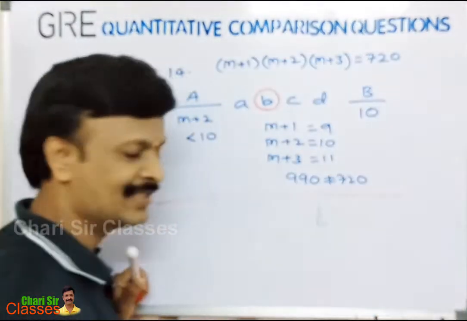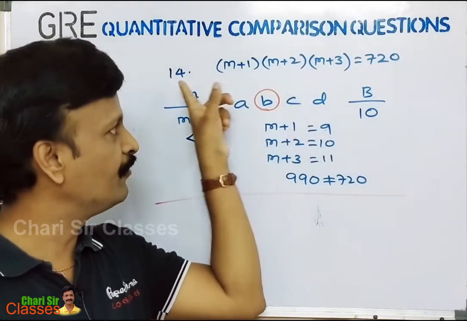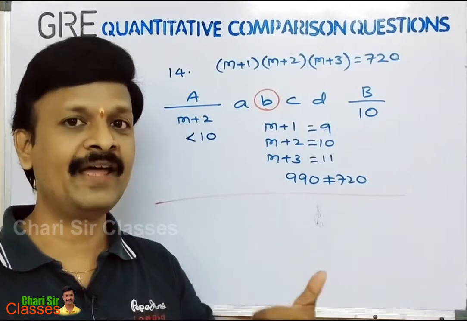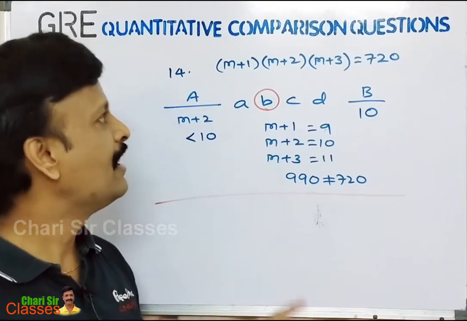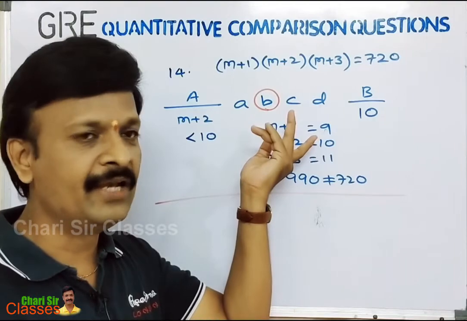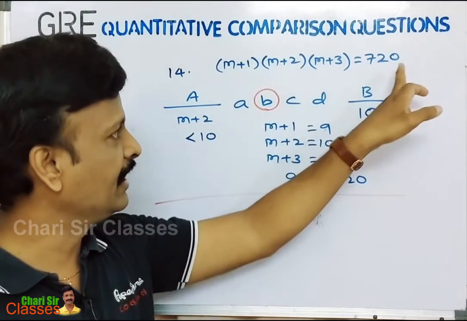You can close this one. Like this we can solve logically. You don't multiply this one. If you multiply all these three factors, you get a cubic equation. Solving is very difficult, so don't solve that. You can substitute m values, like 5, 6, and check this one, then you can do it.